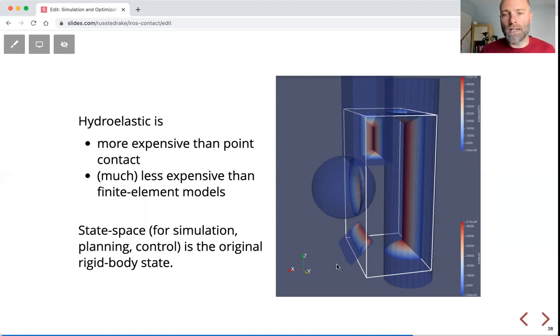It's not doing a finite element model. So I think a lot of times when we talk about this, people say, well, do you really have to do finite elements? It's not a finite element model. There's a couple ways that it's different. So first of all, the geometry is assumed to be rigid and fixed. The geometry does not change shape.